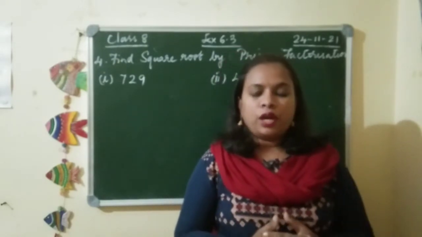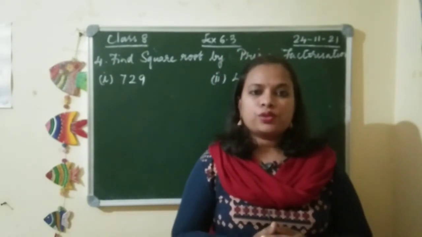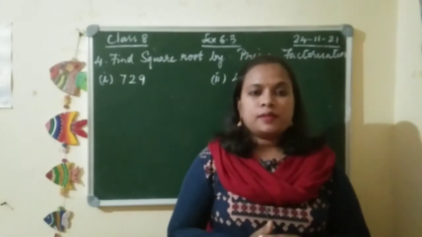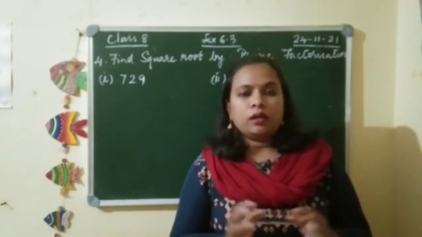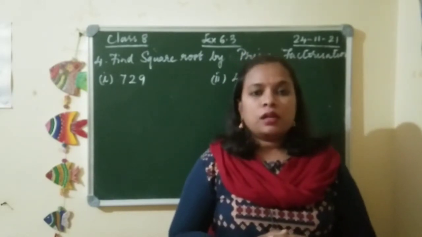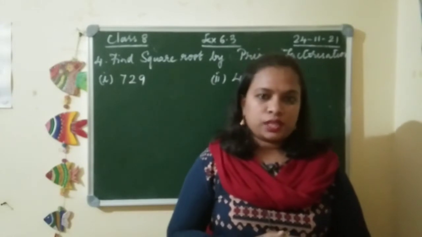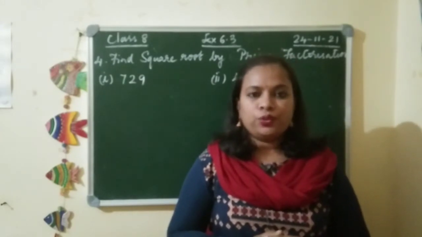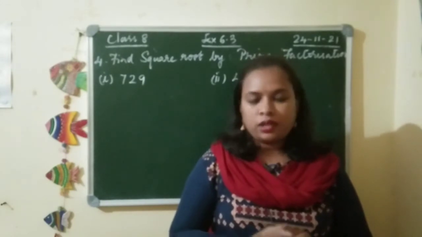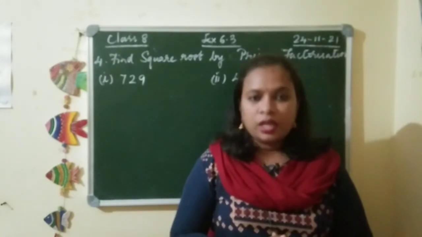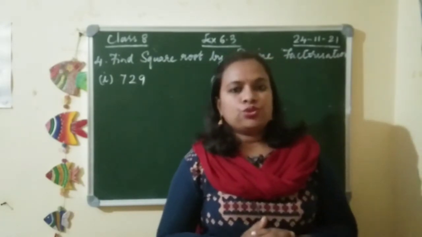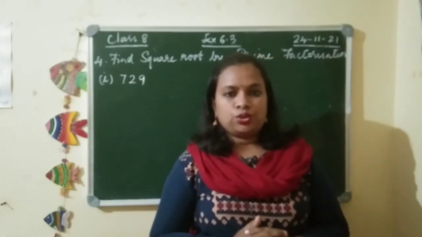In today's video we are going to see how to find the square root by prime factorization method. This method is very interesting and it is very easy, but for this you have to know the multiplication table, only then it will be easy for you. I hope you all know the multiplication table from 1 to 10. If you know, that is more than enough, and you should know the square numbers at least from 2 to 10.